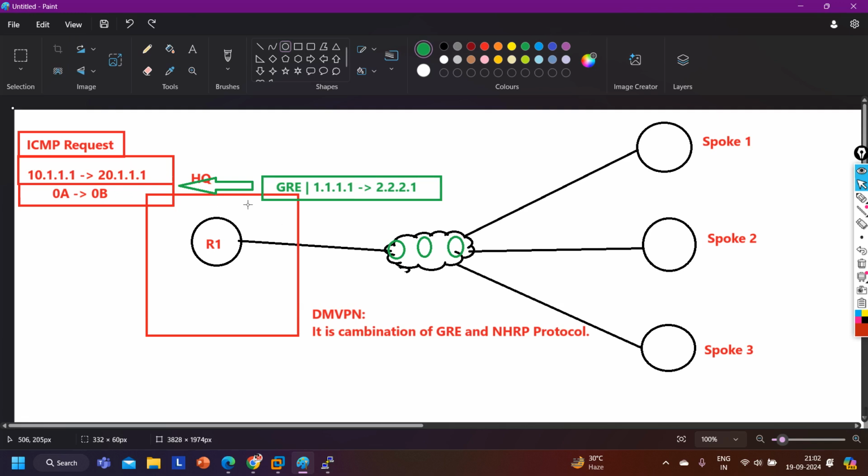So the GRE encapsulation will work the same in DMVPN and also in point-to-point, site-to-site VPN. But in DMVPN, we will not define the tunnel destination. The reason, guys,